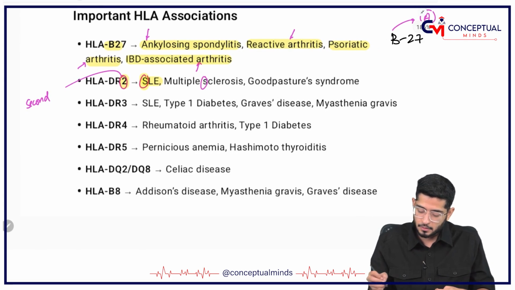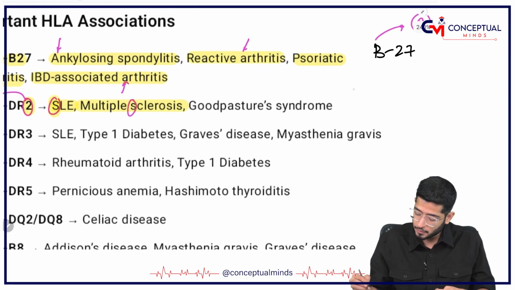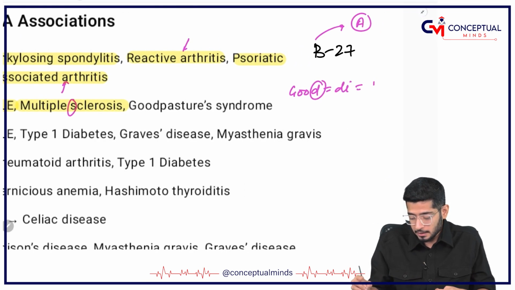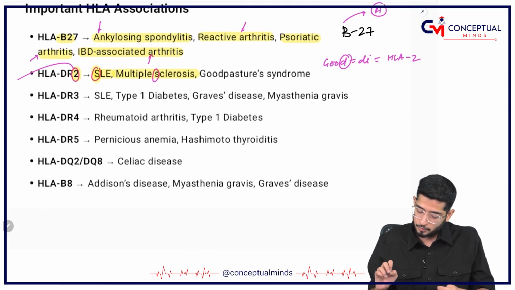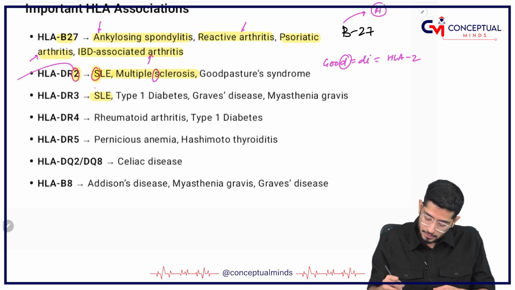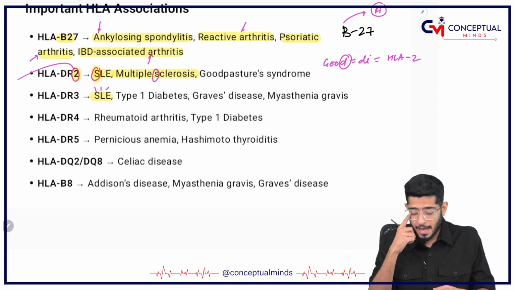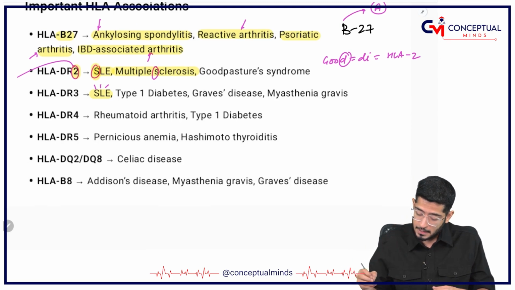Similarly, multiple sclerosis is going to be there, and then you have Goodpasture syndrome, okay. So Goodpasture, so good is having D, D is equal to HLA. Which HLA? HLA-DR2. Coming on to DR3. So what you have to understand now, remember HLA-DR3 is going to have SLE, alright, because SLE is going to have 1, 2, 3 words only. And then coming on to the other ones, the Graves,